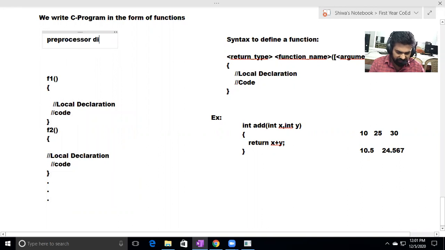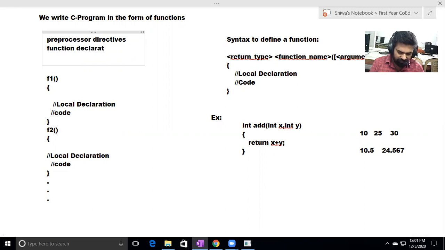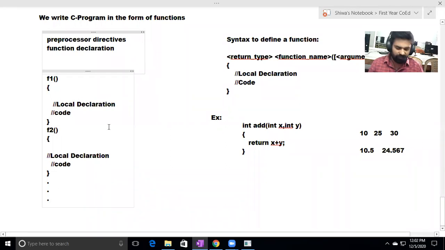What are these preprocessor directives? Later I will explain. Just see the terminology, see the structure. If functions are there in the program, we declare the functions. That is called function declaration. If you want to declare any variables outside of all functions, above all functions, we can declare.